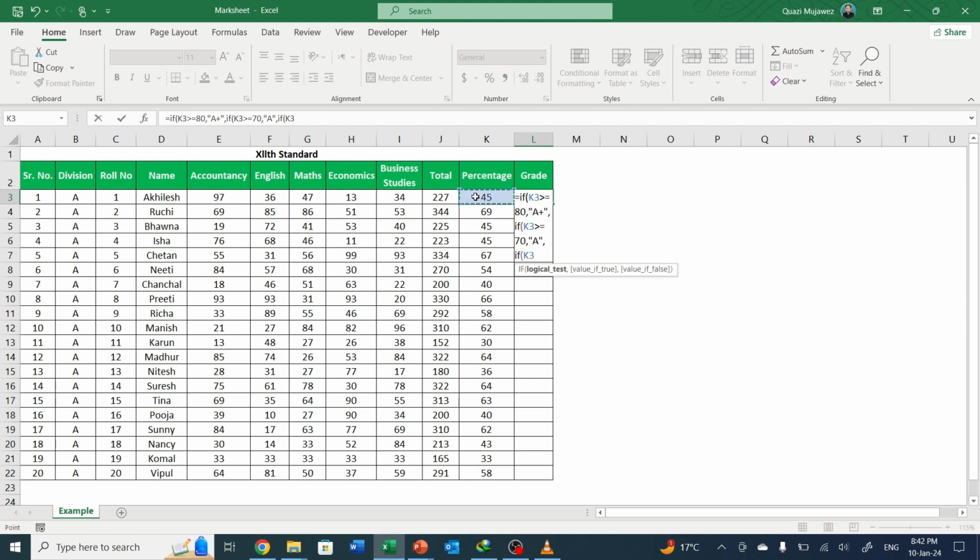select the cell K3, then greater than or equal to 60, comma, double quote start, B, comma, one more if, bracket, select the cell, greater than or equal to 60, comma, double quote, start C, close double quote, comma, one more if,